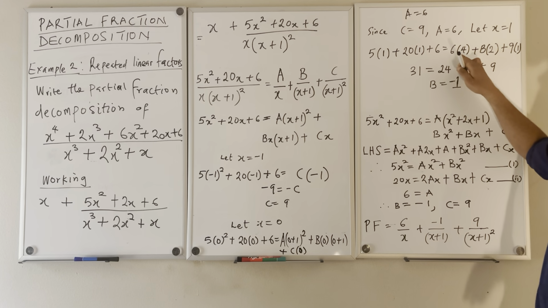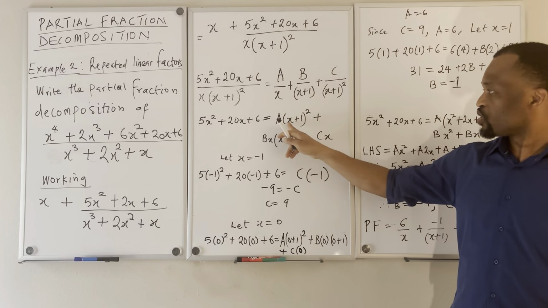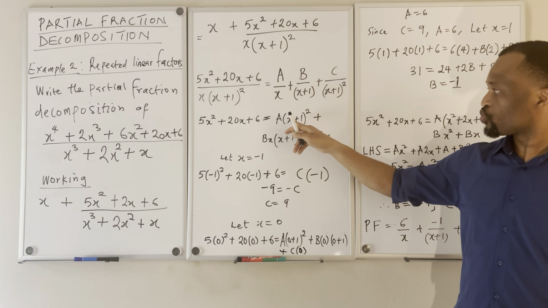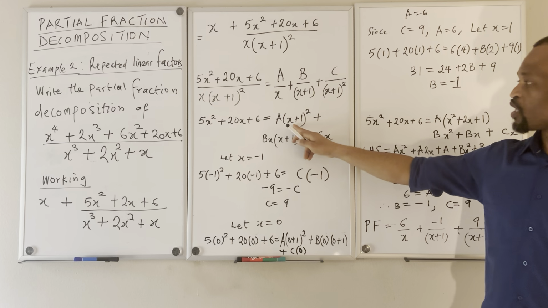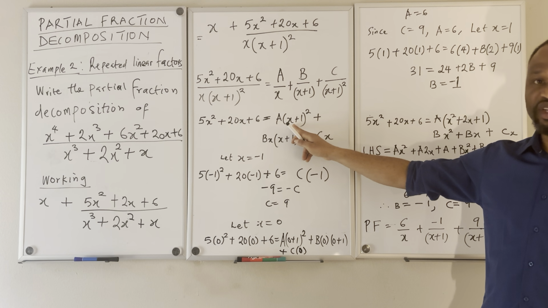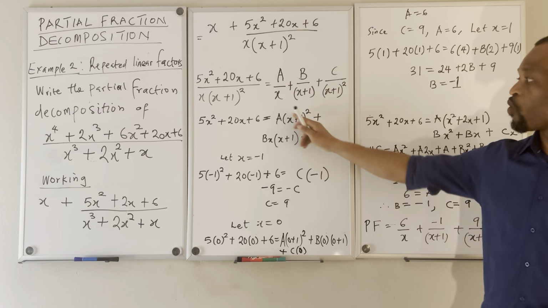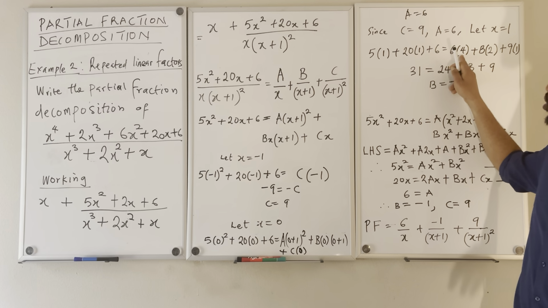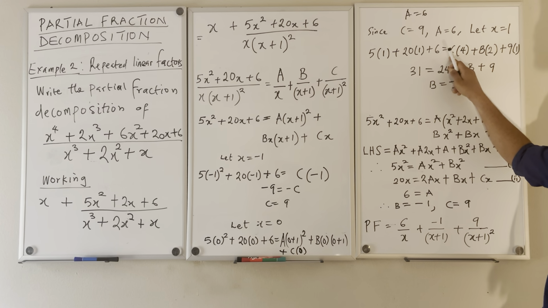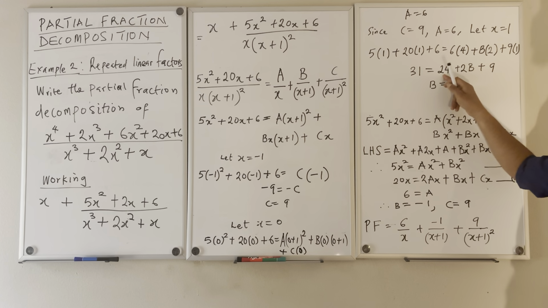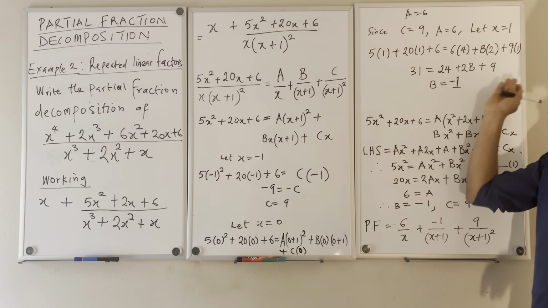So when I do the same thing here, when I substitute the same 1 into this expression here, I'll have a times 2 raised to power 2, and the expression here will be 4. So we'll have 4 in the bracket. And since we know what our a is, we'll substitute our a here, and the expression here will be 24. So, sparing you none of the details in the arithmetic here,